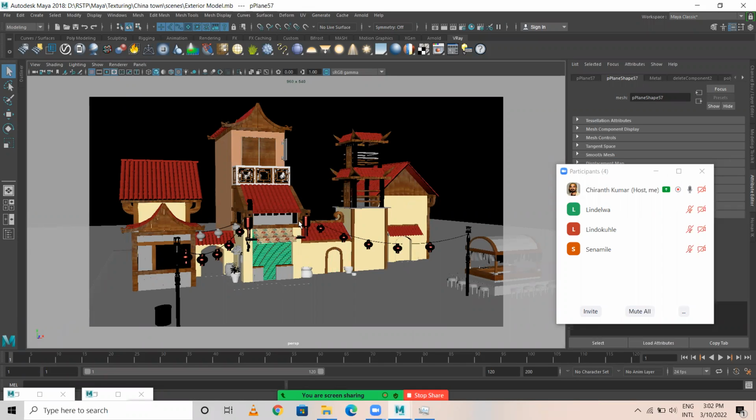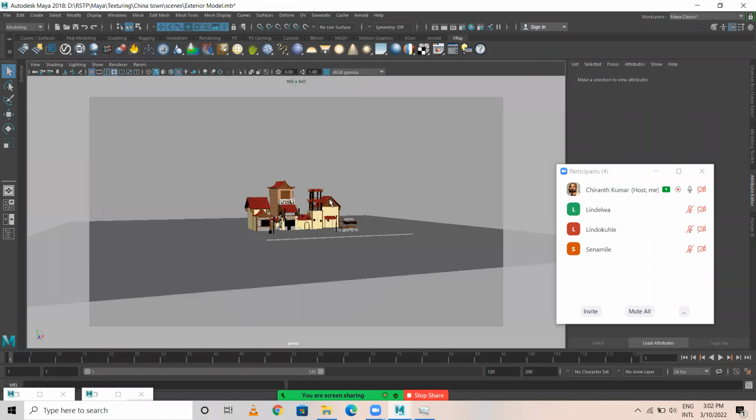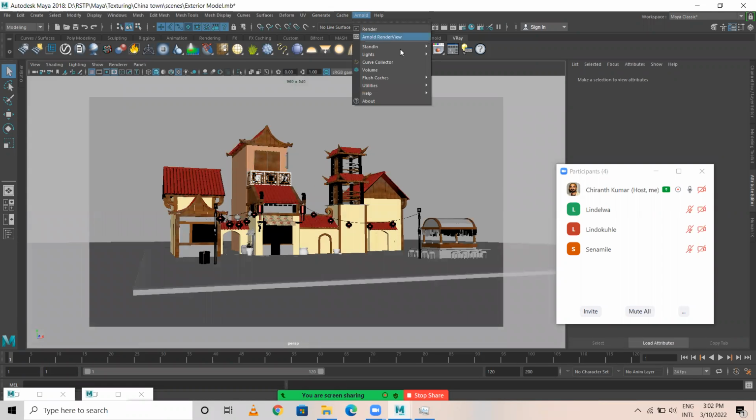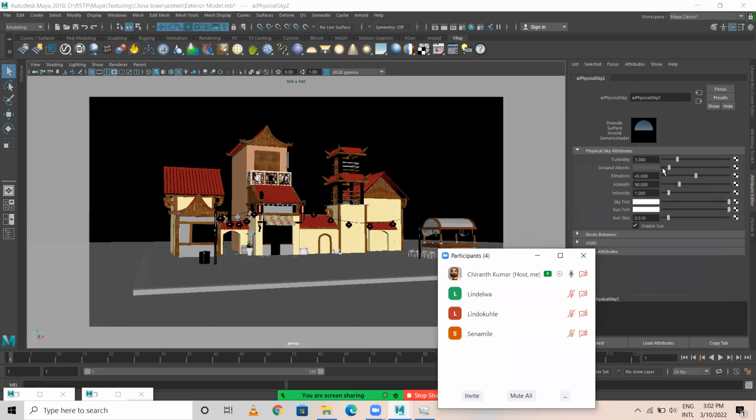Okay, so for this, let me take some light. There is no default light now. In Arnold, I'll take the physical sky. This is what I have shown. Majorly, I want you to work on physical sky if you want to learn more.